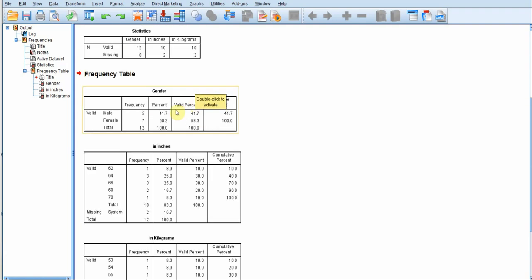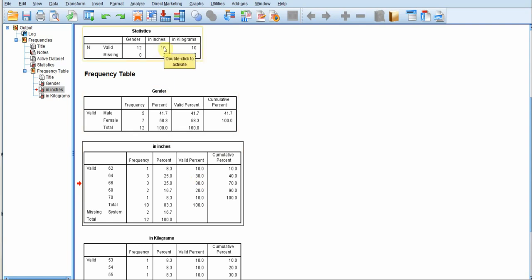So if you see here, since we have 12 valid values for gender, both the percent and the valid percent are the same. But when we go to the height, which is measured in inches, you will see that the percent and the valid percent columns are different because we have 10 values which are valid.